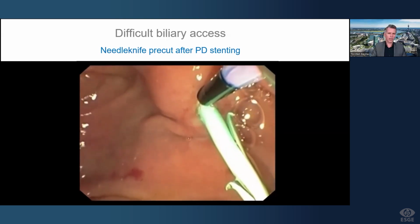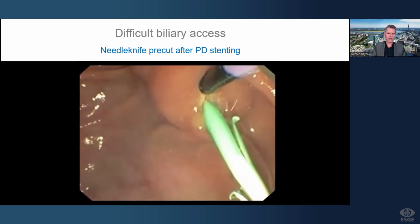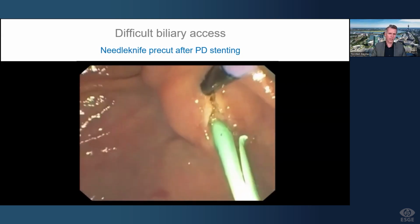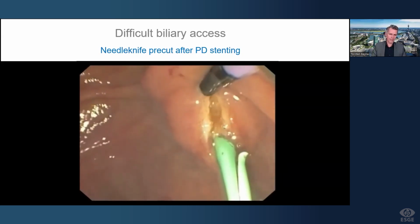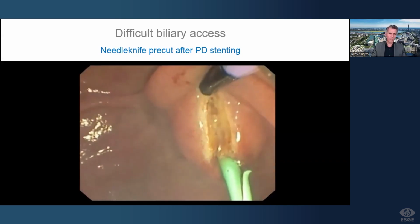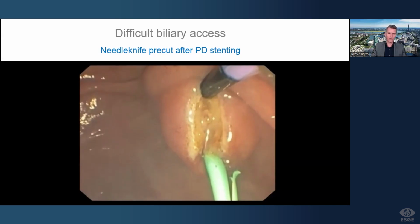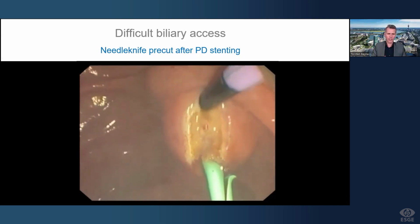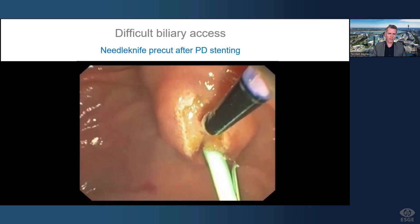So we go in with a needle, we apply pressure, then we don't touch the needle anymore. We use our right hand to hold the endoscope like a surgeon does with his scalpel. And so we cut into this direction. So we don't cut too deep. Layer by layer, we open here the papillary roof, and then we start again from below. So luckily we don't have any bleeding here. We can already observe here the anterior wall of the CBD, and then we go back and do another cut here from the